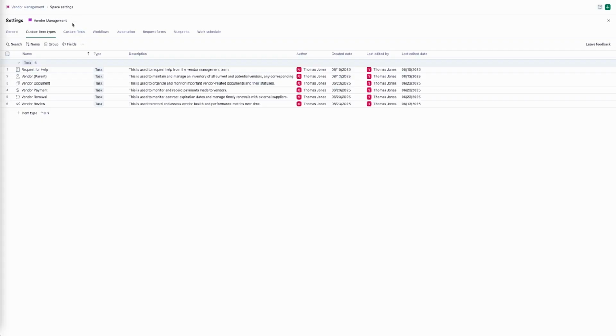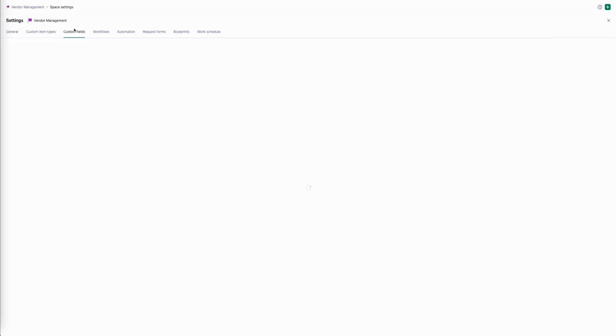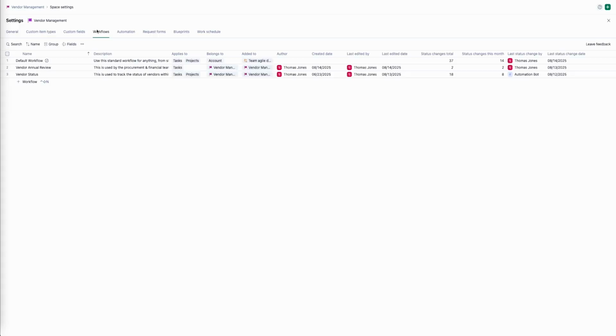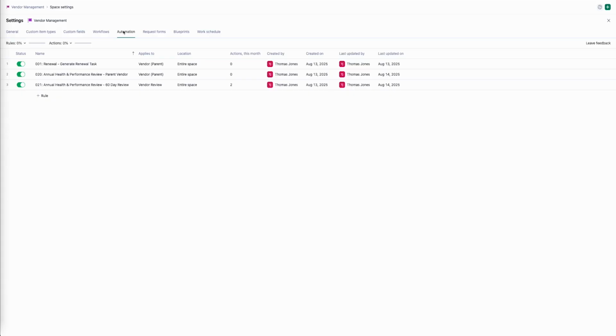We've started with 6 different custom item types to help manage the different items of work within this process, such as payments, renewals, documents, etc. We also have a variety of custom fields created to help you get started and have some of the common elements built so you don't have to think these up on your own. We have some workflows for the review process and just a general vendor status process. We've built a few automation ideas to give you ideas on how the automation engine can be used to drive